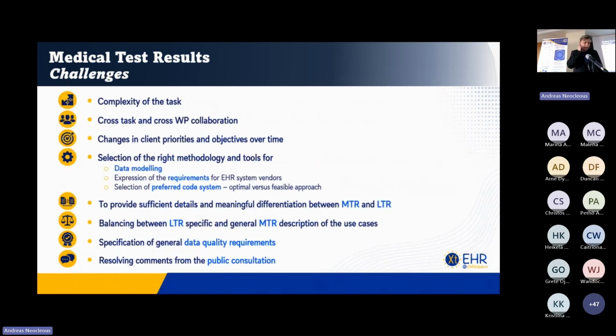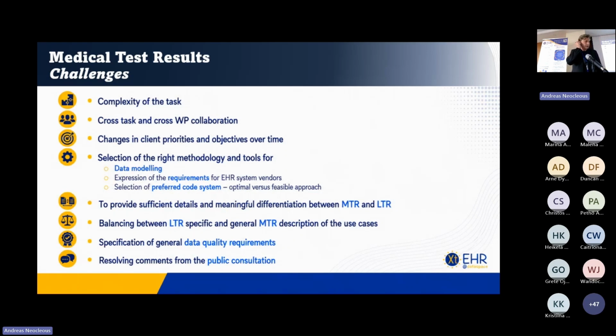The major challenge is, first of all, the complexity of the task, because our task covered a very broad type of observations, from observations which are made in general practices, through the observations made by the specialist, up to the laboratory observations, which are a special kind regarding the way how and where they are being performed. And usually the major differentiation factor is that the lab is usually seeing the specimen, while the physicians are usually seeing the patient, not so often the specimen.